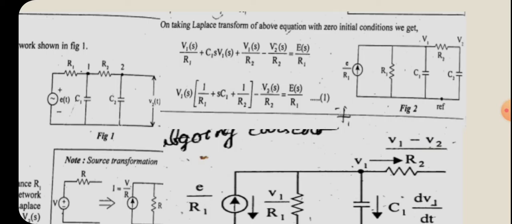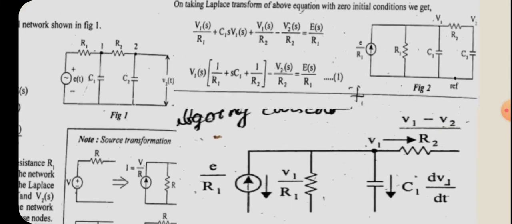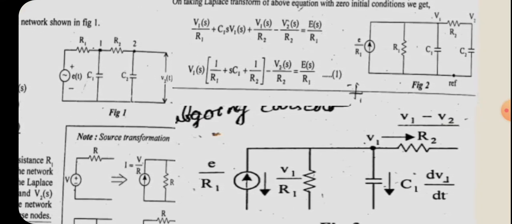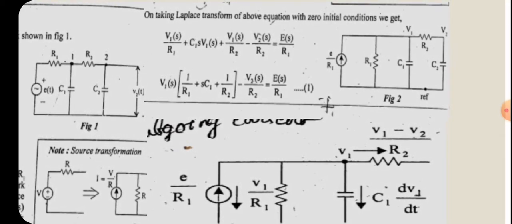After R1, C1 and C2 are connected, and that is the transformed network. Next we have to do the analysis in this figure 2. For that we are assuming that the system has two nodes. First of all, in order to solve a system, as in the mechanical translational system and mechanical rotational system, we have to assume nodes. So here we are using the KCL rule. For that we are assuming nodes in the system, and here in this circuit, how many nodes are there?